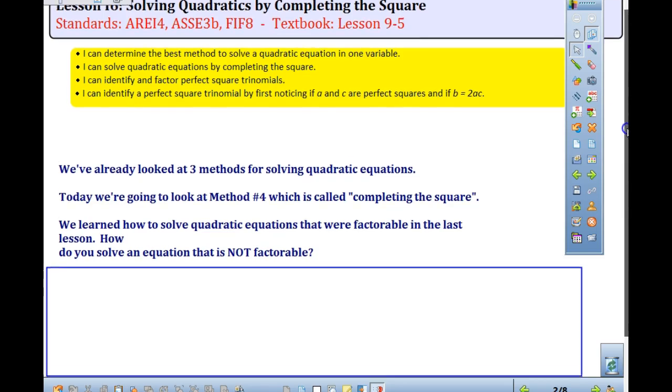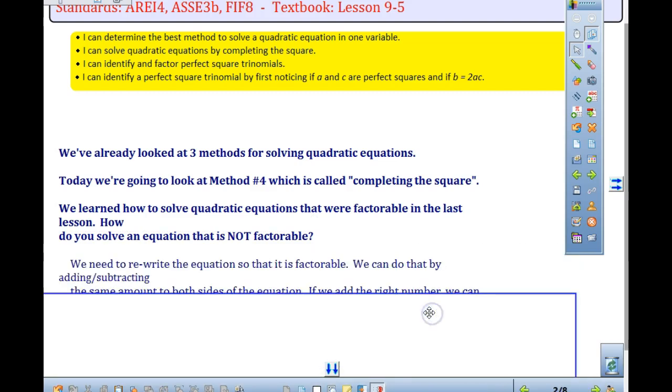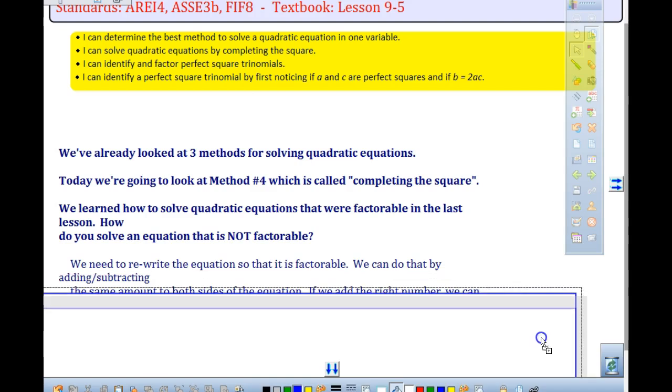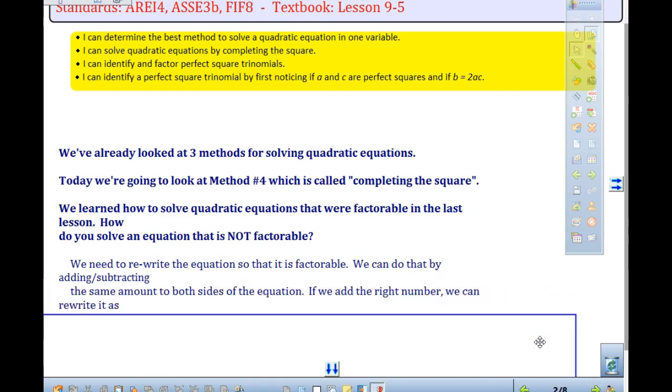But if we are looking at this question and it's not factorable, what you want to put down first in your notes is this: we need to rewrite the equation so that it is factorable. So your first step today, when we are looking at an equation that's not factorable, is to work with a new method called completing the square. You are going to rewrite it